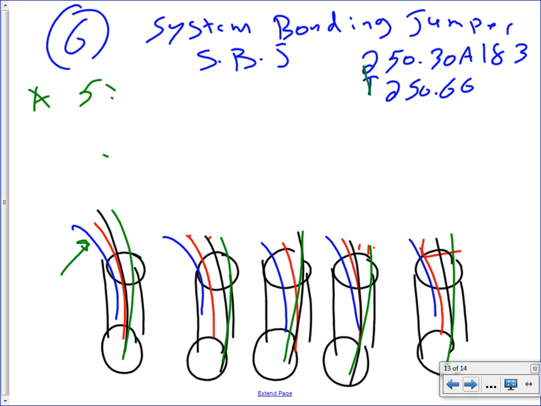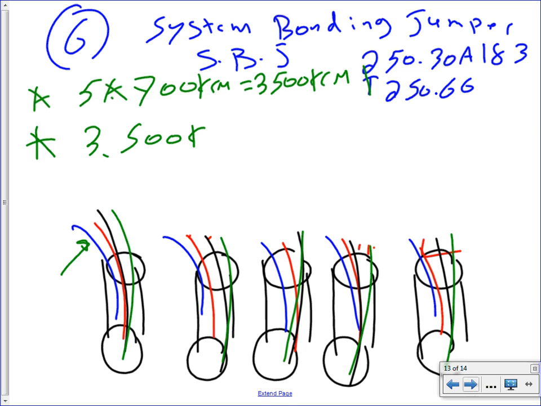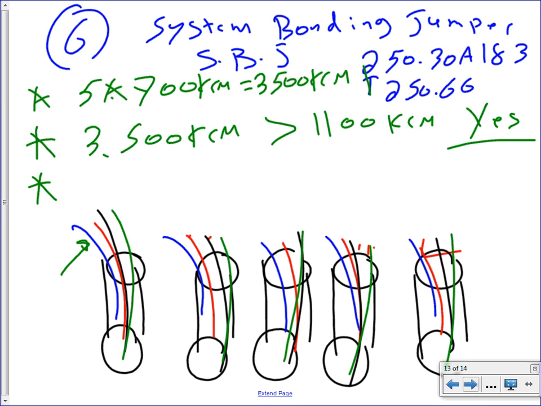Okay, let's go here. So 5 times 700 kcm will give me 3500 kcm. That's my step 1. My step 2 is to ask: is 3500 kcm more than 1100 kcm? Your answer is yes. So you go to step number 3, where you take 12.5% and multiply it by 3500 kcm. Everybody knows what we did, and then you end up with